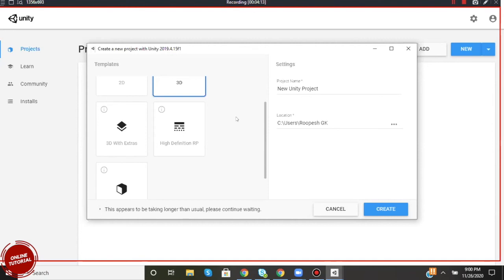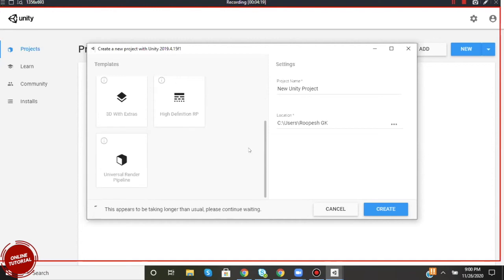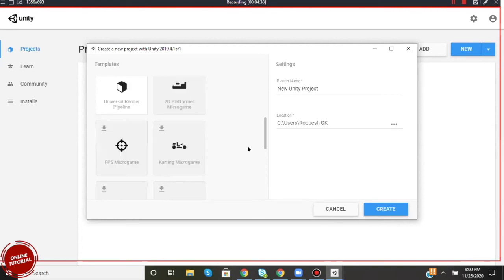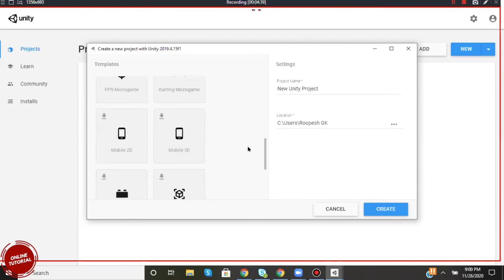And the last one, can you scroll down below, is universal render pipeline, URP. This you can use for your common project, to give it a more naturalistic touch. This is more into a realistic perspective, like what we see in an HD or UHD video kind of stuff.